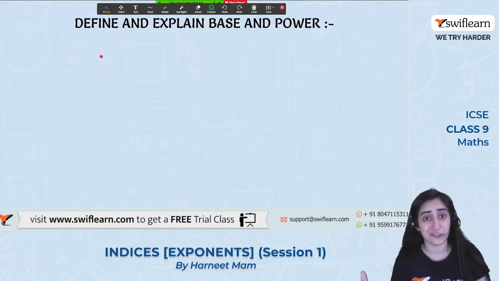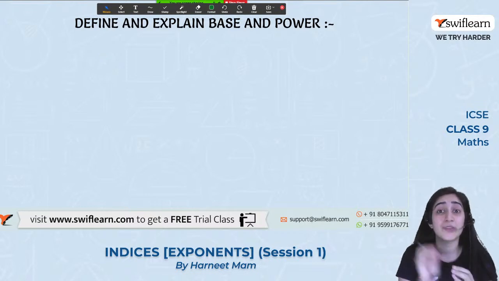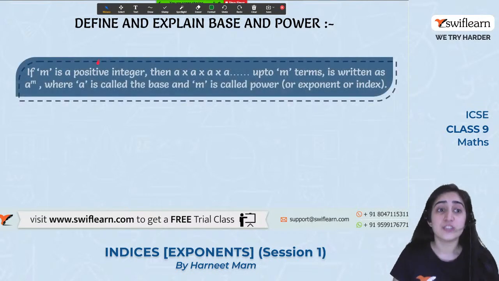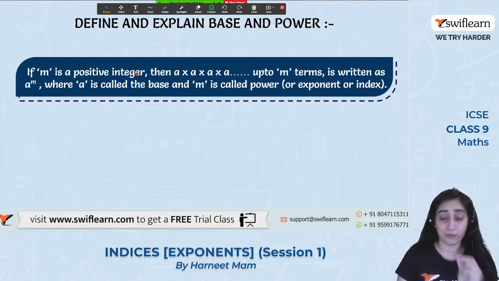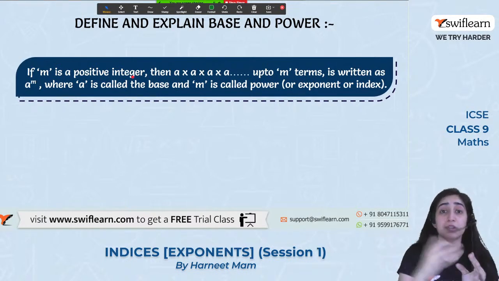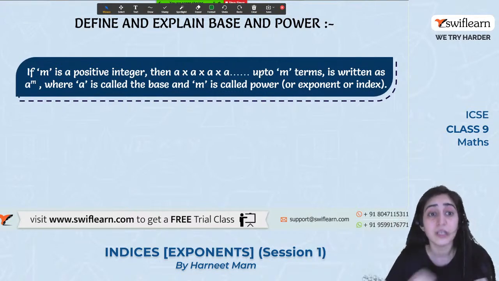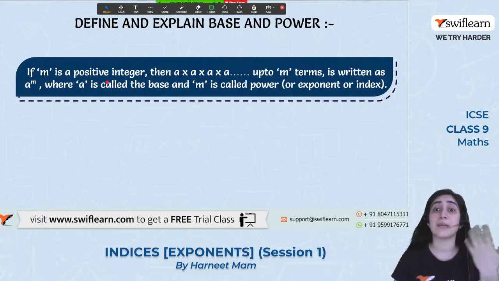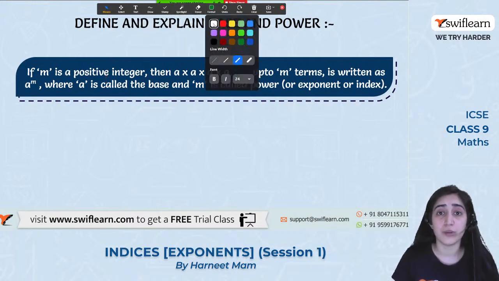Now let's move to the definition. What is all about? हमने general overview ले लिया, but let's go back and understand the real terms and what do they mean. So by saying that, the definition and explain the base and the power. So if m is a positive integer, I hope we all know what are integers and what are positive integers. If not, let me repeat it. So integers are the numbers which are like natural as a whole, 0 1 2 3 4 5 6 7, all of them which are positive, 1 2 3 4 5 6 7 are positives, so we call it positive integers. Whenever we say -1 -2 -3 -4 are negative ones. So right now we are just talking about the positive integers.